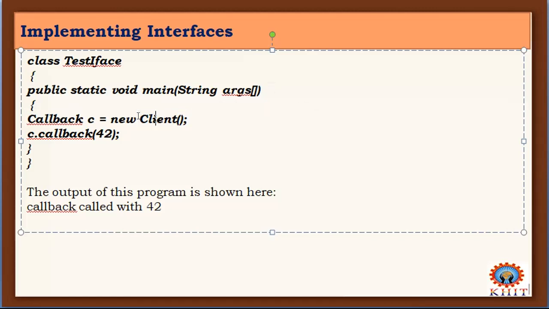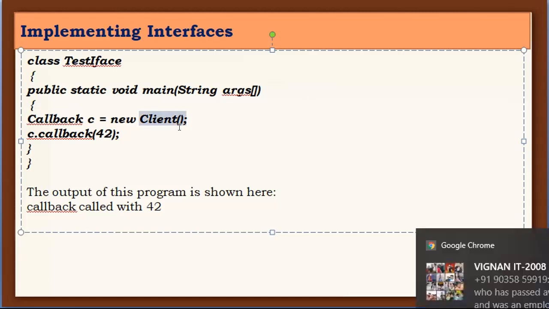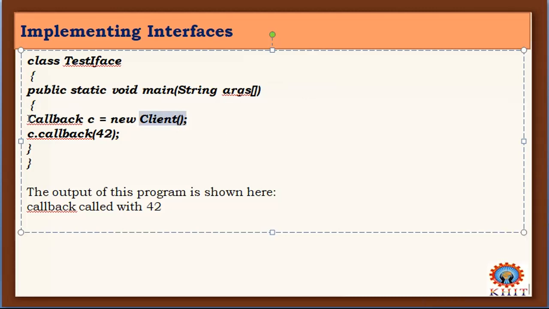What is Client? Client is nothing but a class. Callback is an interface. So we are creating a reference for this Callback interface.